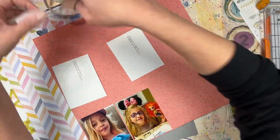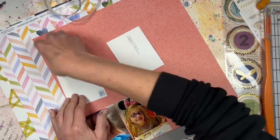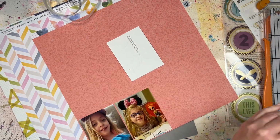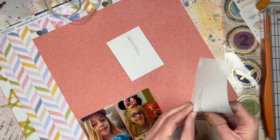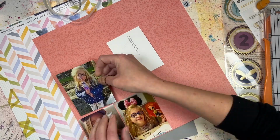So I'm basically making a grid with these 4 photos, and I'm going to back them on that peachy pink floral paper. And as I am doing that, using my double-sided adhesive squares,